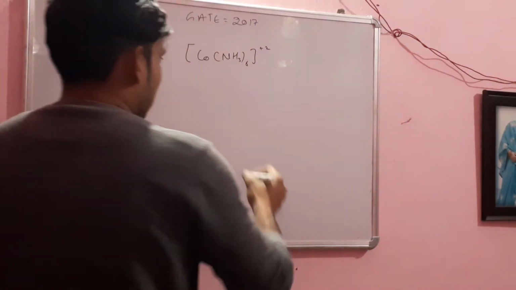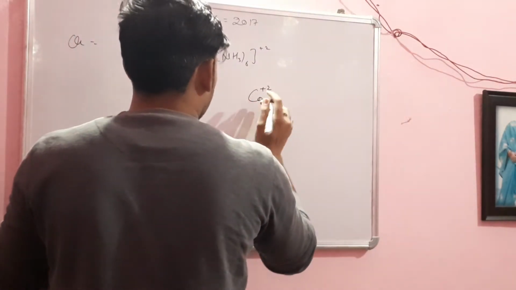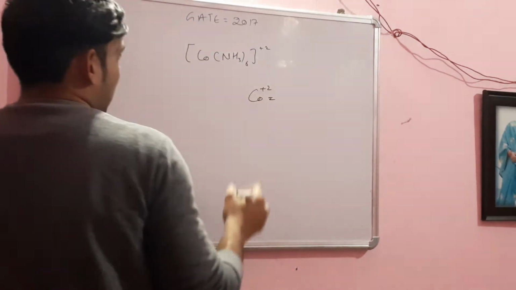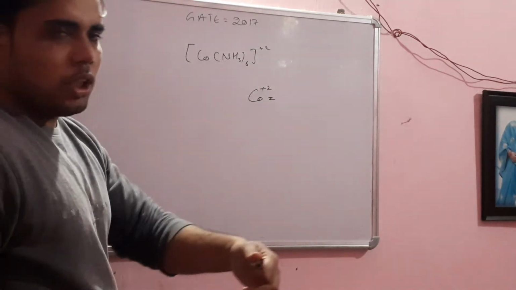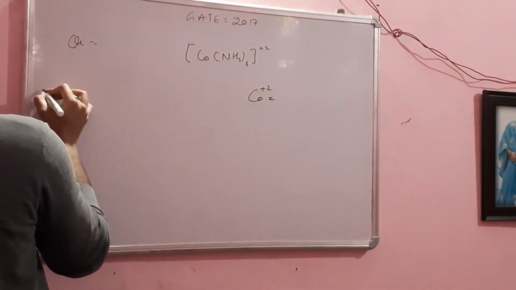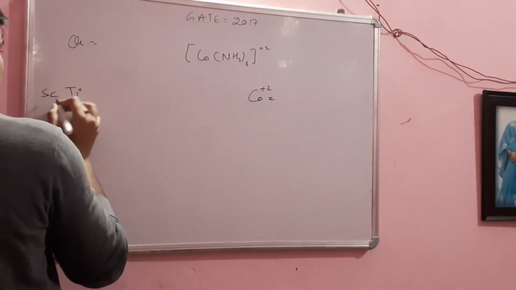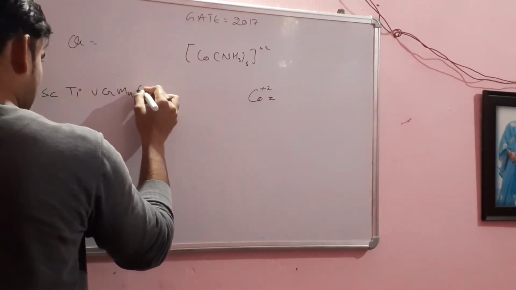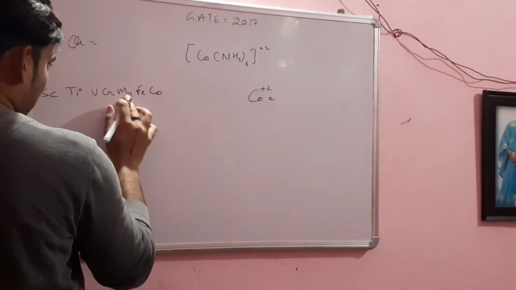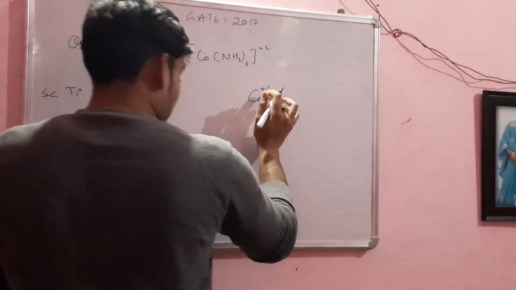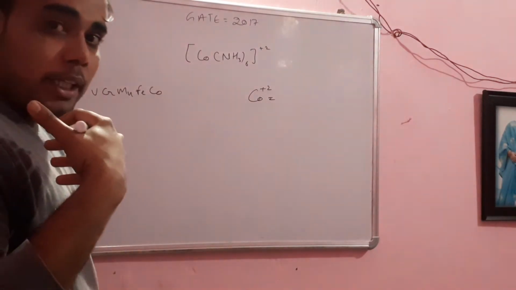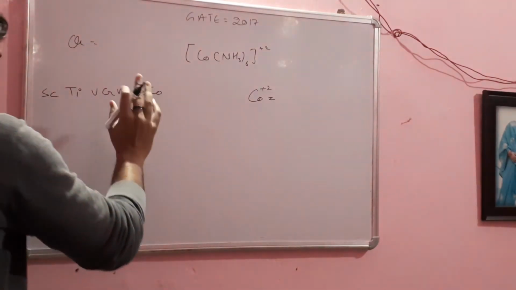So, you know that cobalt has plus 2 charge. That means you have to write the electronic configuration for that, so you need to recall your series. 1 2 3 4 5 6 7. You have a positive plus 2 charge, which means the 4s2 electrons have been ejected from that cobalt.